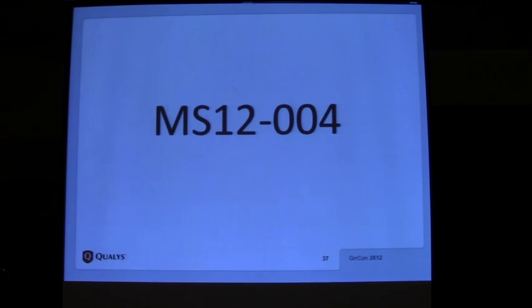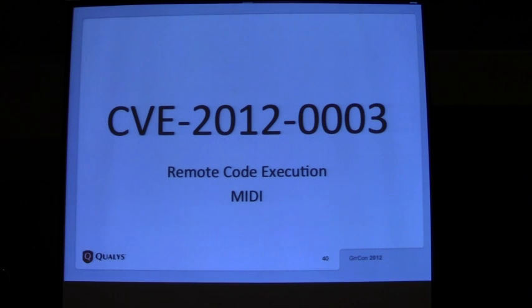A very good example of this is MS12-004. It was released in January 2012, and it fixed 2 vulnerabilities in Windows when handling MIDI files. Everyone knows what a MIDI file is, right? These are really small music files. For this talk, I'll be concentrating on CVE-2012-0003, a remote code execution vulnerability when parsing MIDI files. The nature of this vulnerability makes it more lucrative for malware authors: first of all, it's a remote code execution vulnerability, and secondly,